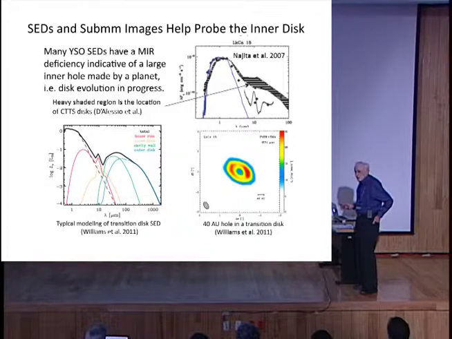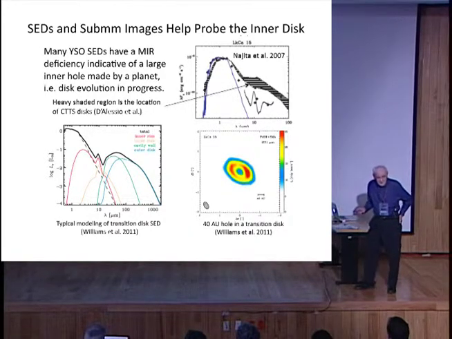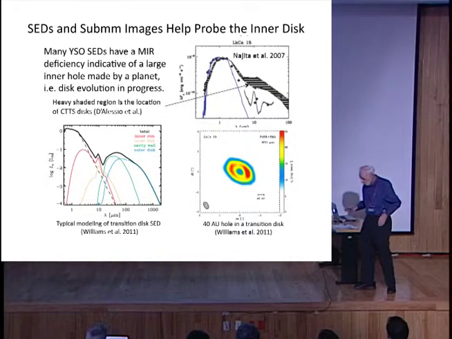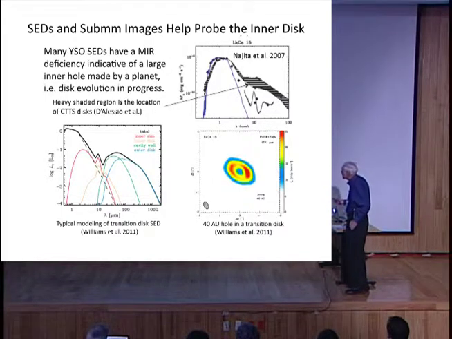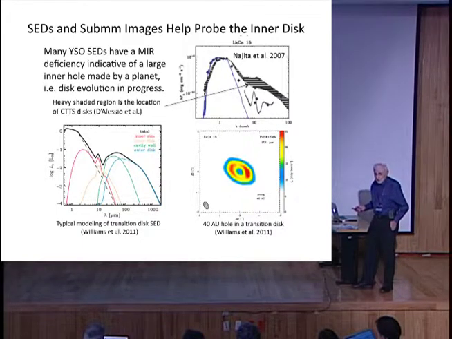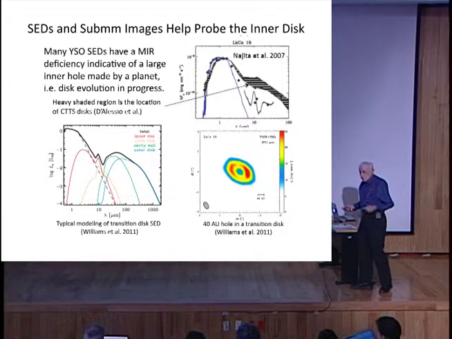There's a class of these disks which have reasonably large holes. So they are several hundred AU in size, but they can have inner holes of 10 to 40 AU or more. And those are called transition disks. And this is a particularly interesting one, like Calcium 15, where there's very likely an extrasolar planet